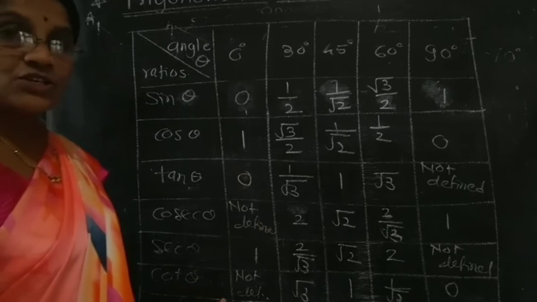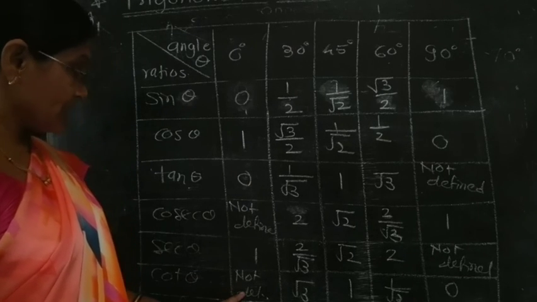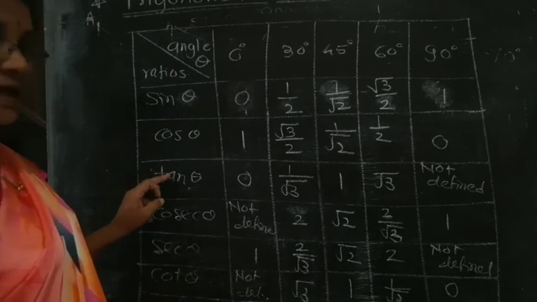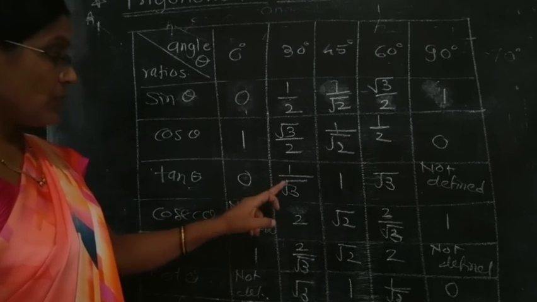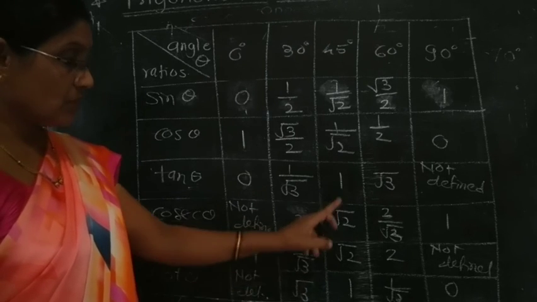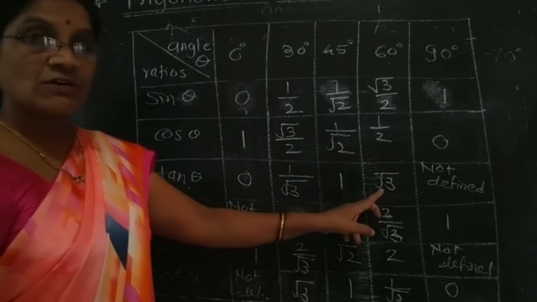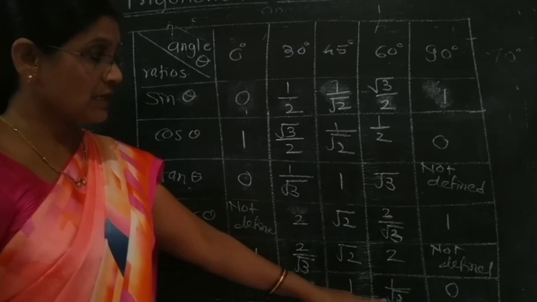Now the last ratio, cot theta. Cot theta means inverse of this tan. 1 upon 0, not defined. Inverse of 1 upon root 3 is root 3. 1 as it is. Inverse of root 3 is 1 upon root 3 and not